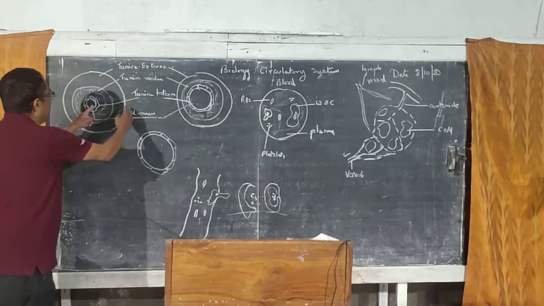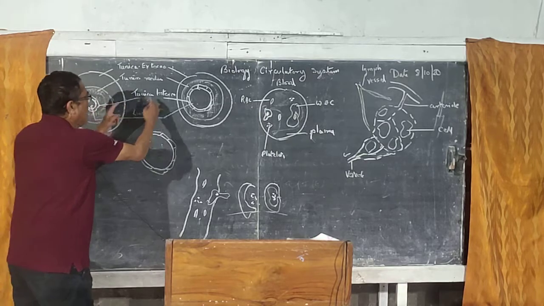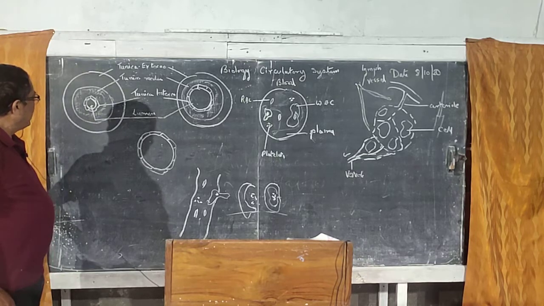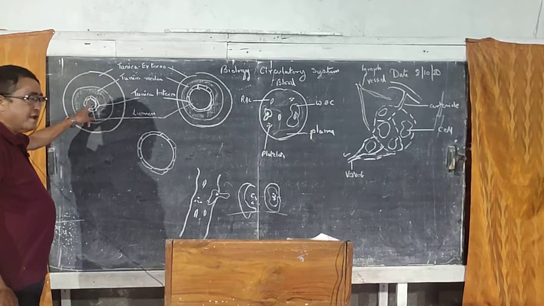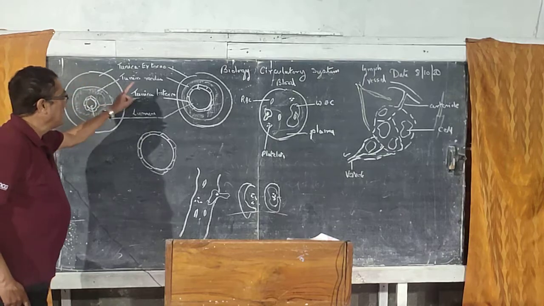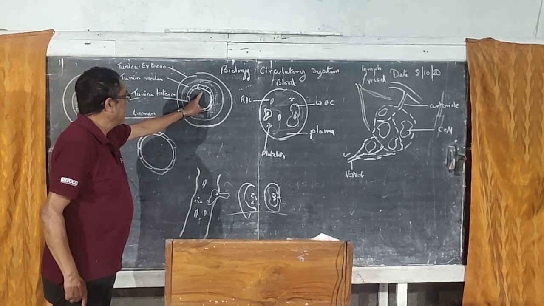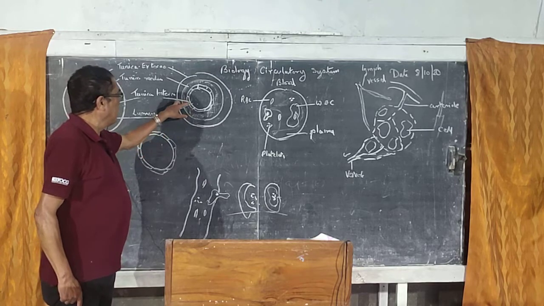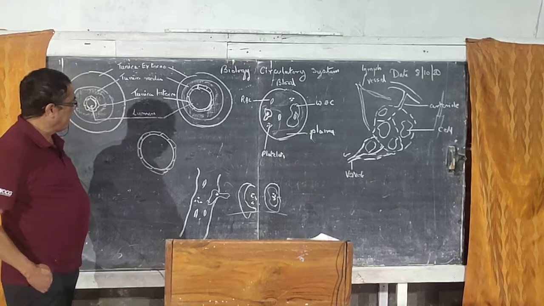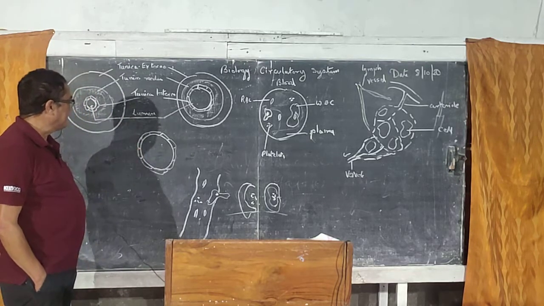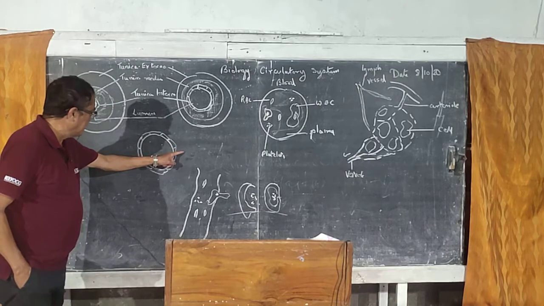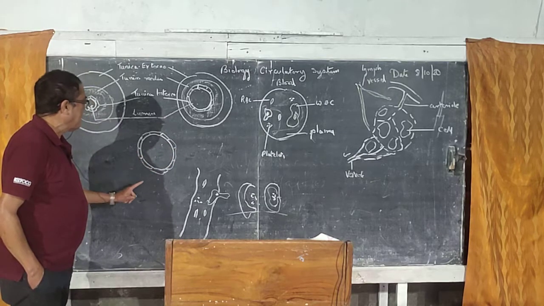Next, if you see the thickness of the wall, this one is thick, this one is thin. So, to identify artery, lumen is narrow and the wall of the blood vessel is thick. So, this one is the artery. Here, lumen is large, wall of the blood vessel is thin. So, this one is the vein. Now, this third blood vessel has only a single layer, tunica interna or endothelium. This blood vessel is capillary.